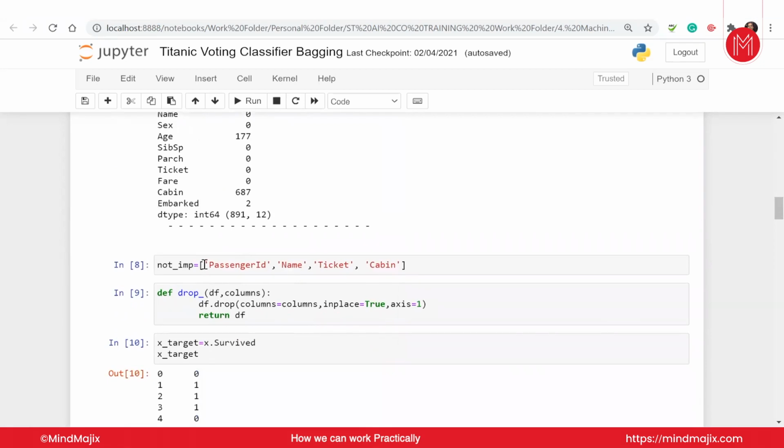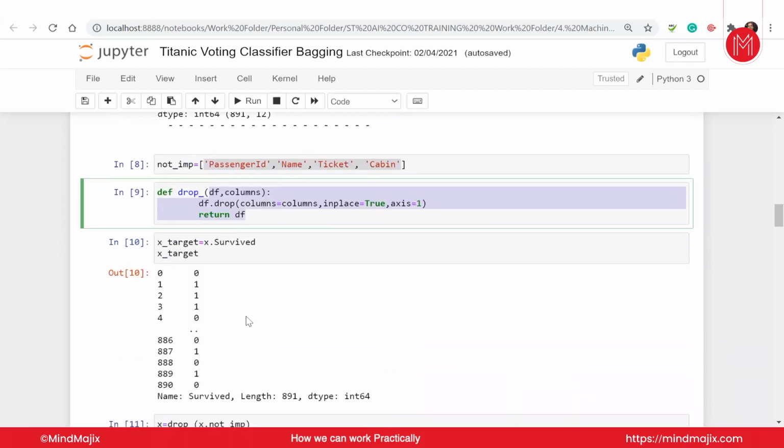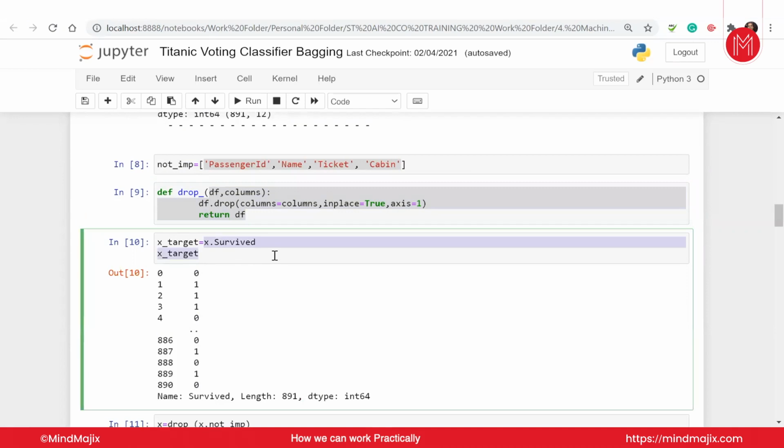As per usability, I'm dropping those columns which are not really important. So passenger ID, name, ticket, and cabin have been dropped. I'm creating a function to drop these, so I just need to pass it and drop it. Separating my survive column as the target value, I'm assuming you are already aware of the basic fundamentals of machine learning.